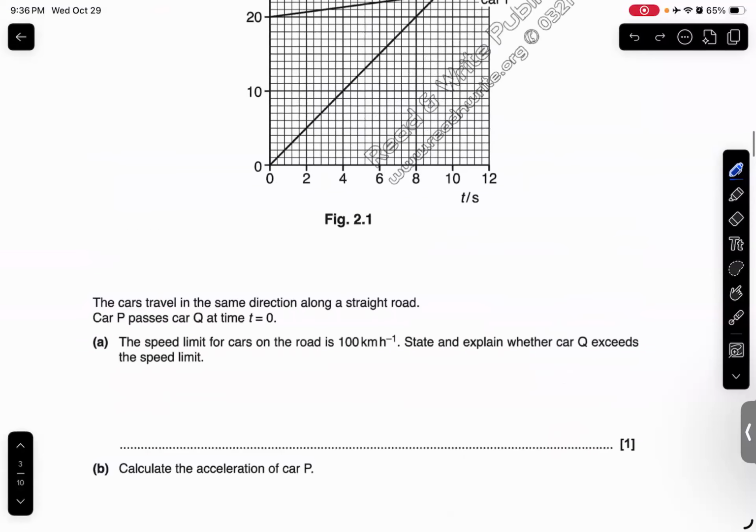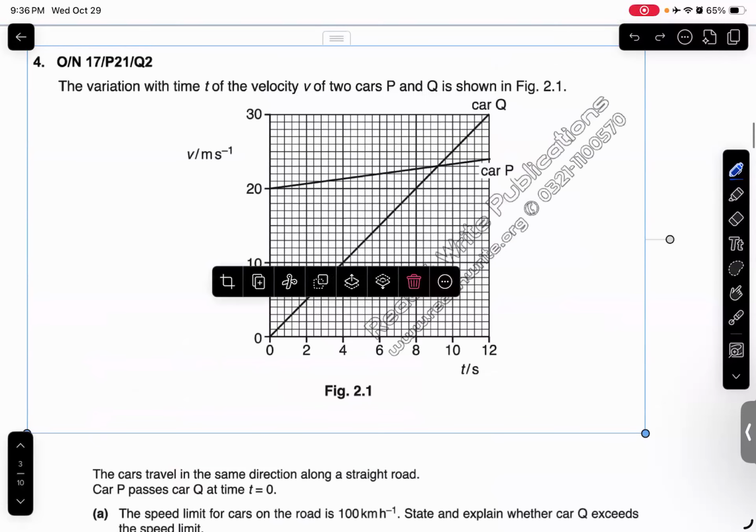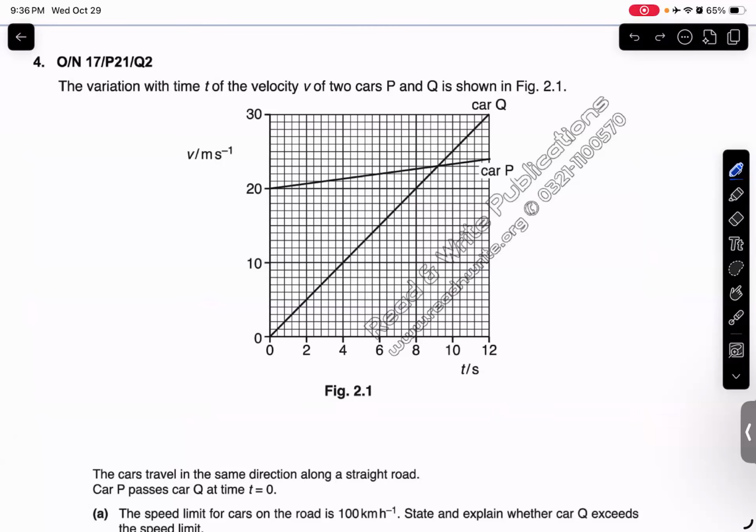It's a very, very important question. It's an extremely important question. It's one of the most challenging velocity-time questions out there. And if you get this question, you have